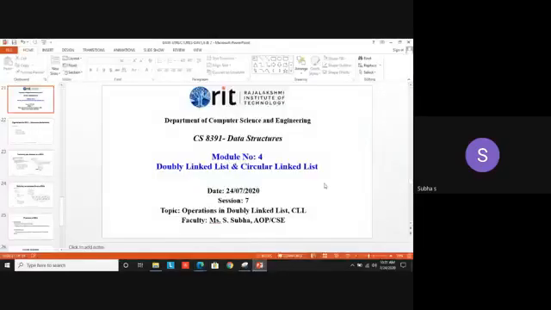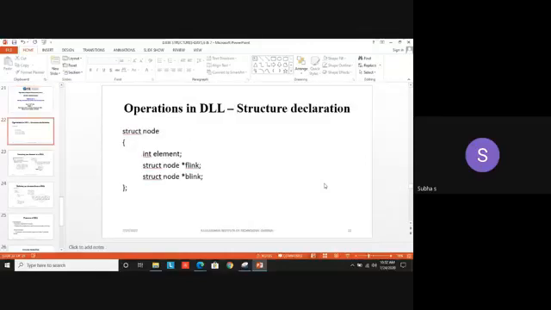Now, in this session, first we are going to see about doubly linked list operations, then a short note about circular linked list. Because among these three lists, singly linked list, doubly linked list, and circular linked list, the singly linked list and the doubly linked list play a very vital role in all applications. Don't think that we are not at all using circular linked list. In some complex situations, in some needed environments, we are implementing the circular linked list also.